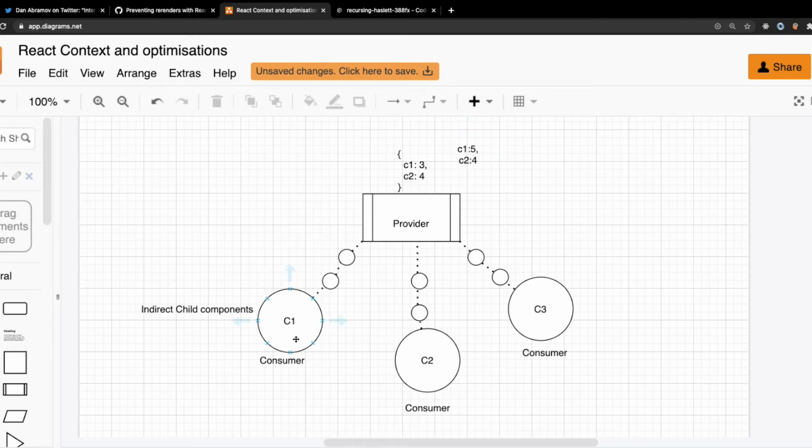So my C1 should actually render only when C1 changes, irrespective of this whole object. Now we will give React this power to render only when one of the attributes of the store changes. So let's say my store contains an object, and a key of the object changes, then only my consumer should re-render. This is going to be available directly in future versions of React, which we'll talk about in a few minutes. So let's first understand how we can make this optimization ourselves.